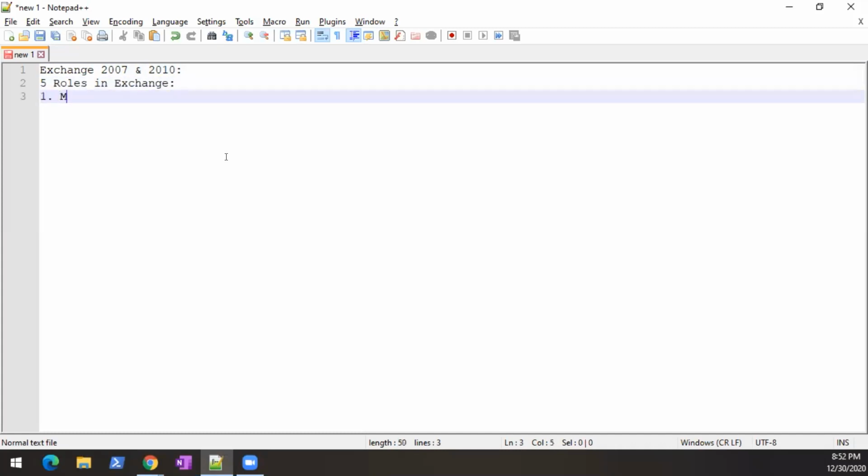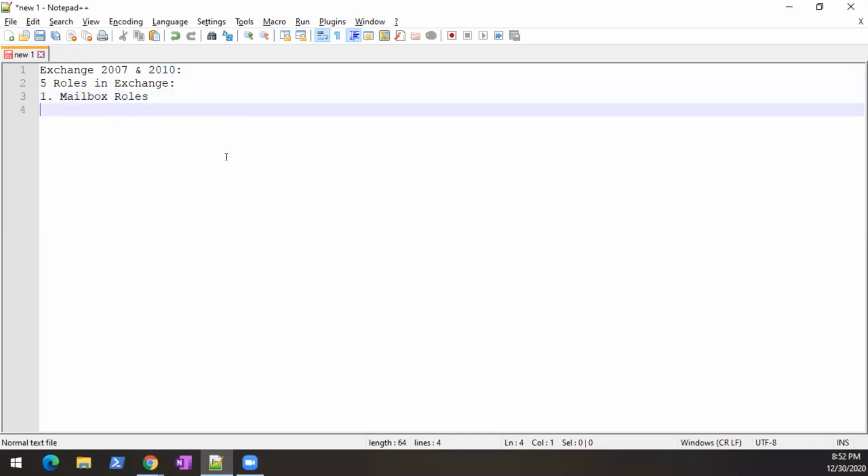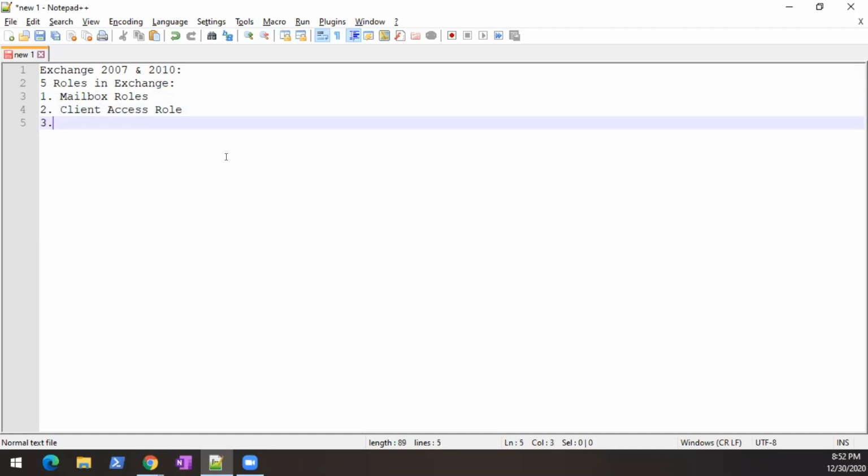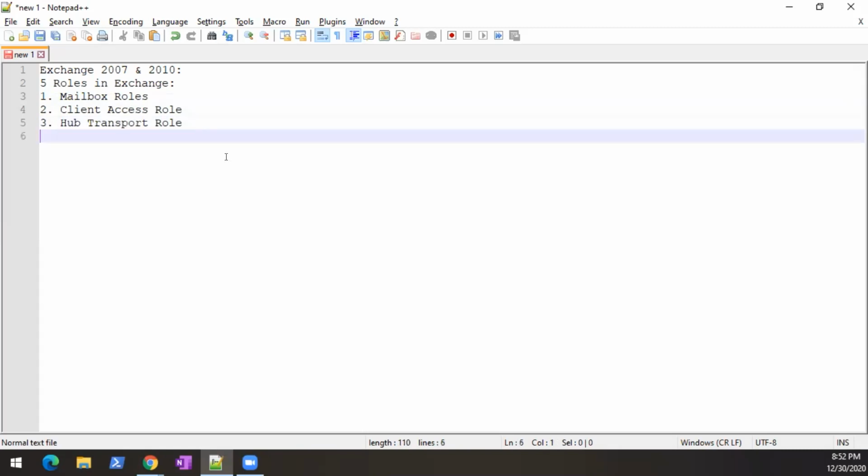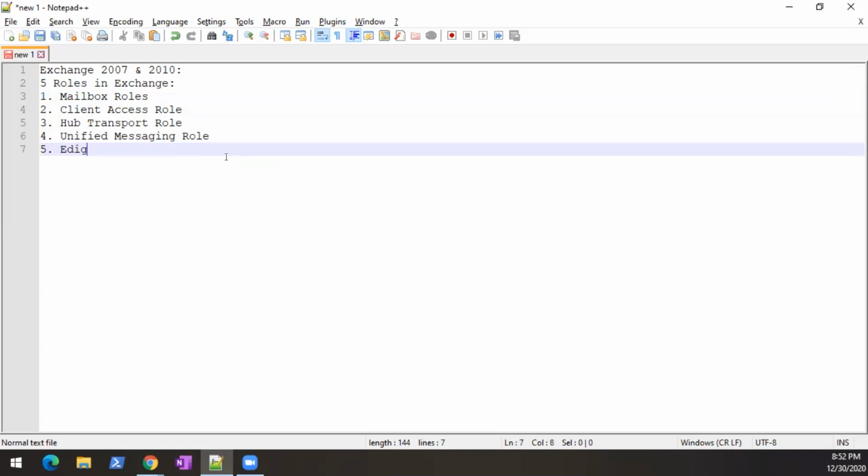First is the mailbox role, second is the client access role, third is the hub transport role, the fourth one is called the unified messaging role, and the fifth one is called the edge transport role.